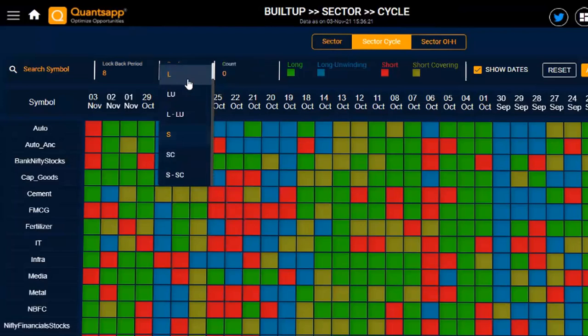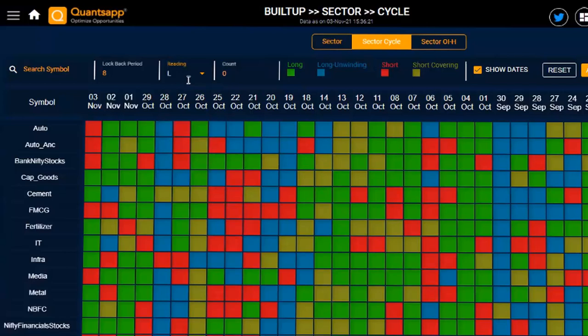If I want to find out a short sector which is in a negative move, I can do it with short, but I am picking up long over here. And the application now is asking me how much times you want that sector to be on the long side. I'll give inputs, let's say 5. So what I have done is I have given instruction to the application that find out such sectors out of last 8 days which have witnessed a long at least for 5 days.